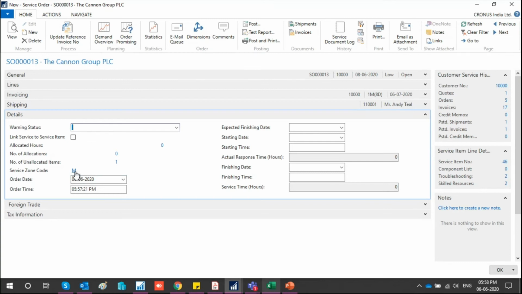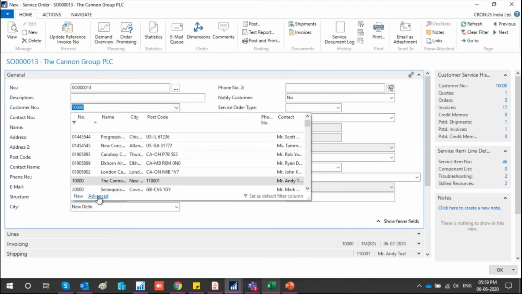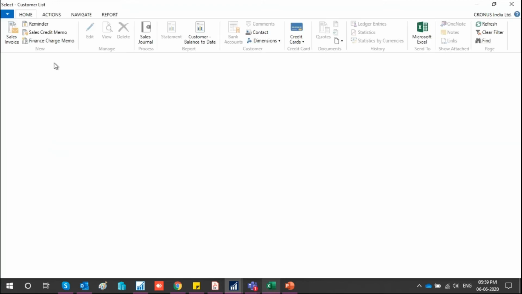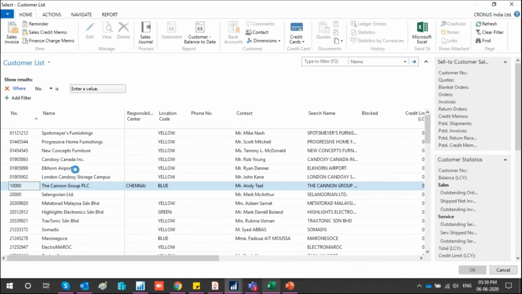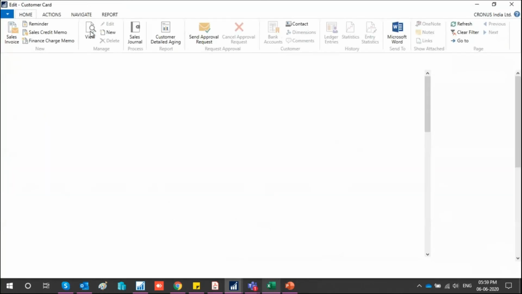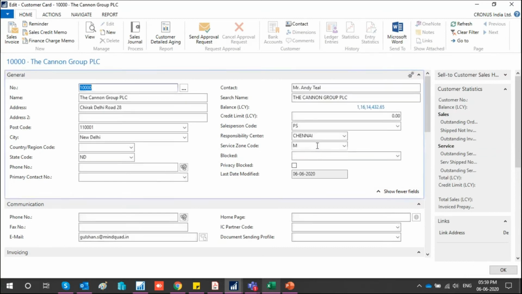Now, how did the system identify this service zone M? Again, this also I never noticed in particular. If you go to customer, then on the customer card you'll see that the service zone code is there. For example, if I go to this customer, if I edit it, you can see the service zone code.